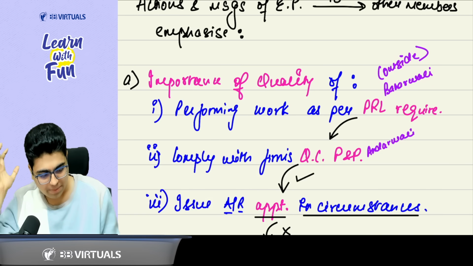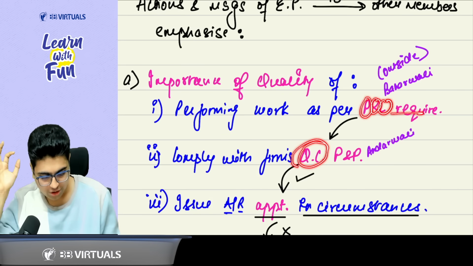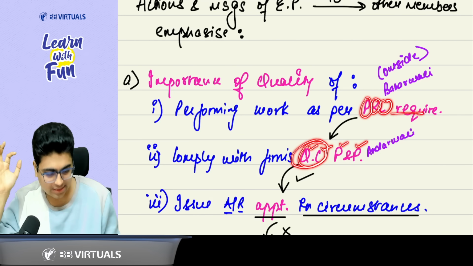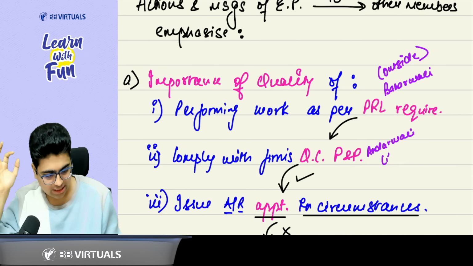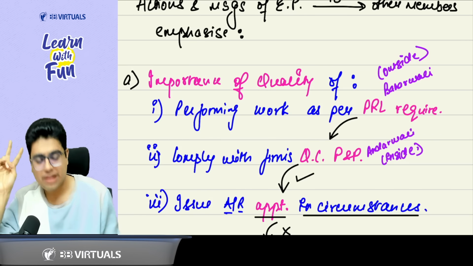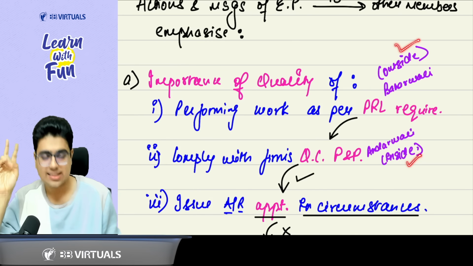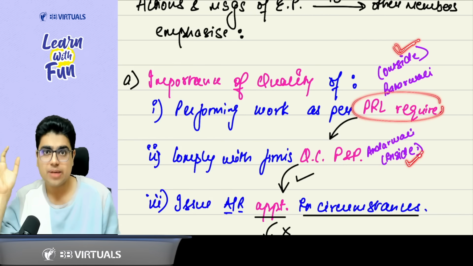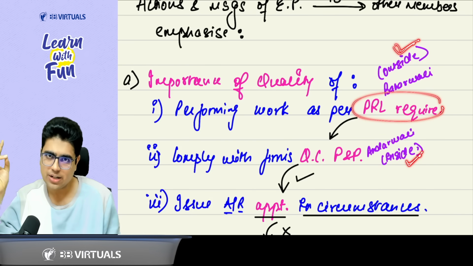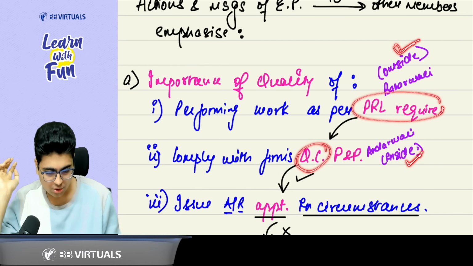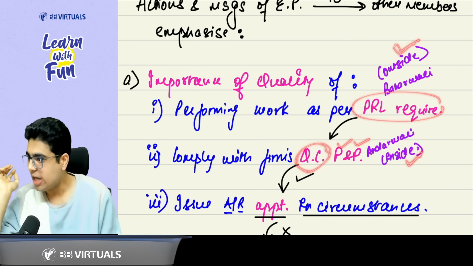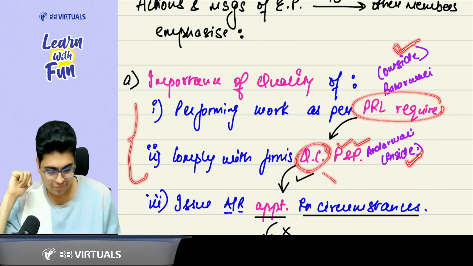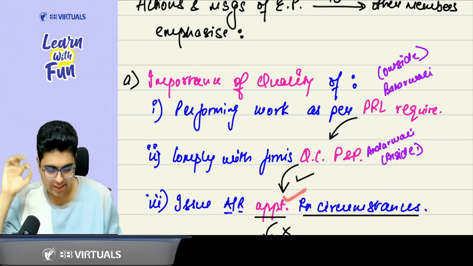Now, sir, to comply with the professional standards, regulatory, and legal requirement, you need to have your own firm's quality control policies and procedure. Own firm's quality control policies and procedure, that is the inside requirement. So you need to comply with two types of requirement, outside and inside. Outside means PRL requirement, that is the professional standards, regulatory, and legal requirement. Inside means firm's own quality control policies and procedure. Now when you are doing the work as per both of them, your report will be appropriate in circumstances.